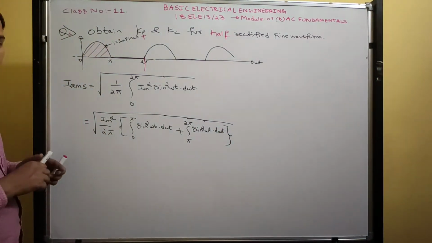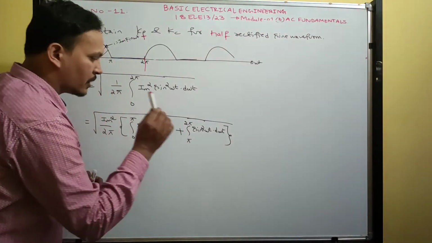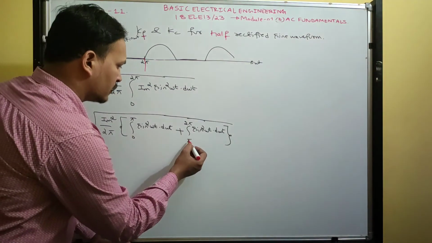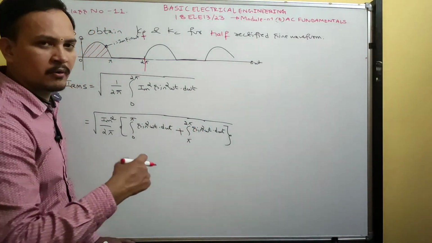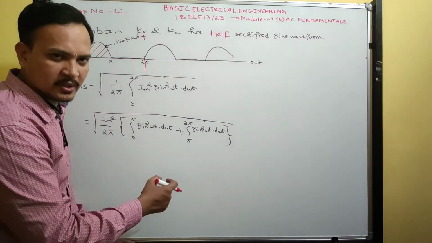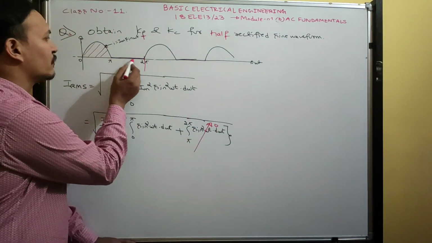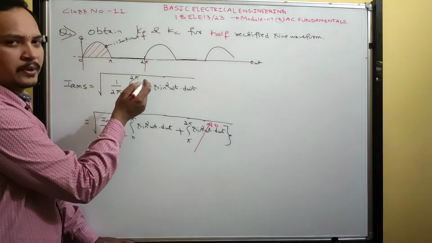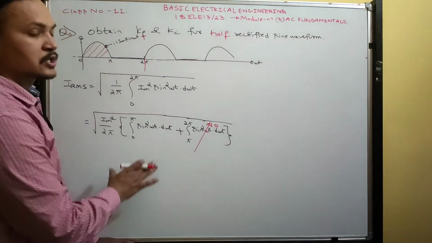Okay, like this we can write, because Im square is taken outside. See, this second part is there now, pi to 2 pi. You just integrate this. Apply formula 1 minus cos 2 omega t by 2. Then finally integrate that, then apply the limits. At the end, the final step will become 0, because no waveform here from pi to 2 pi. From the graph itself, we can take this limit 0. Now integrate only this part.